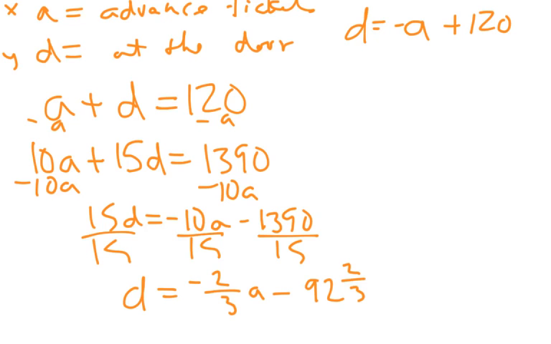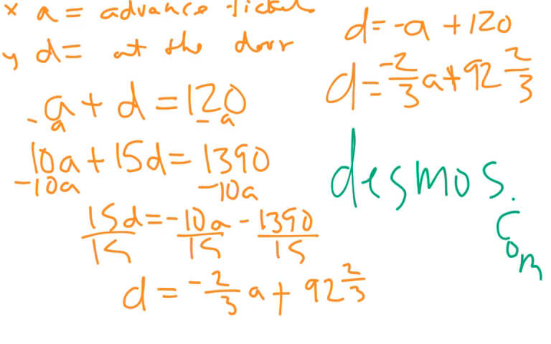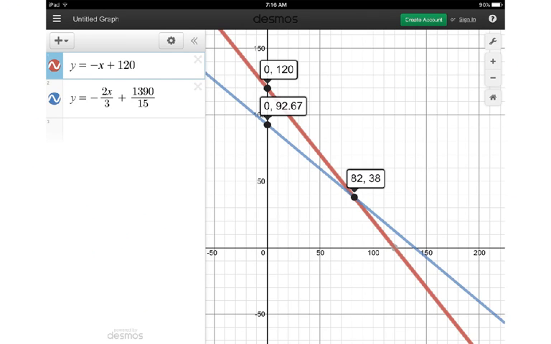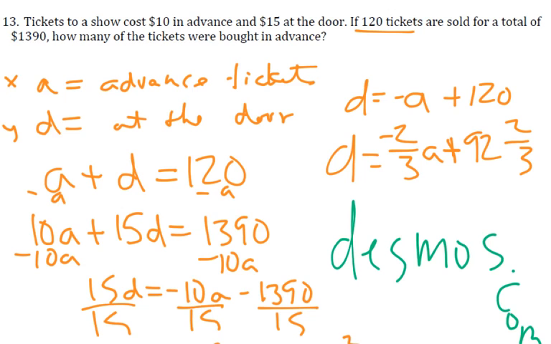Okay, so that's ugly. So this is where you'd want to use Desmos to help you out. So once again, this is where you'd want to have technology help you out. So if we look at this, graphing both our equations, we can see that's where our answer is. So that's like the X or the A. That's the Y value or the D. So we sold 82 tickets in advance, 38